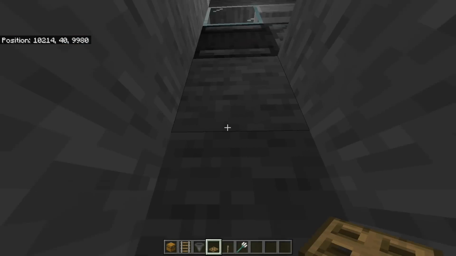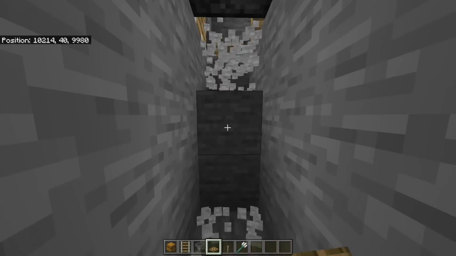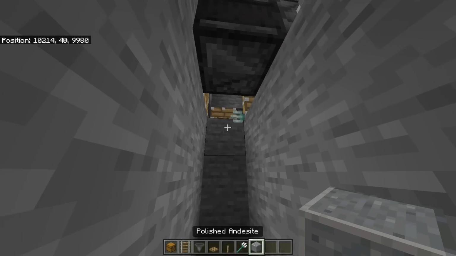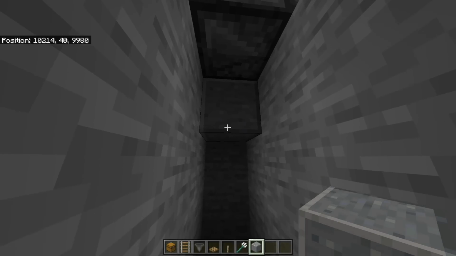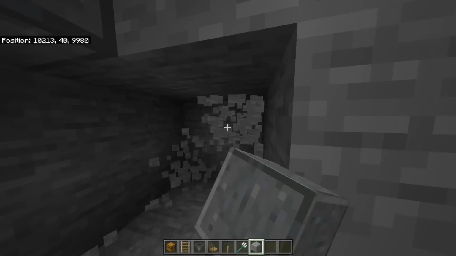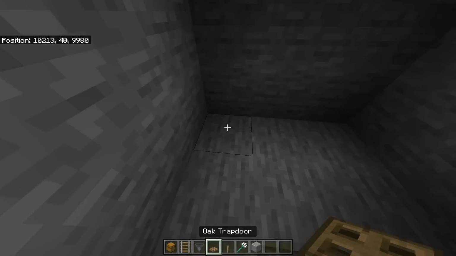dig down 3 blocks. Then dig out some more blocks right here, and as you can see, now we are right underneath the Trident Killer. This is the block where you want to place an indicator block on it. Then dig out some more blocks right here, and as you can see, this is our indicator block, and right